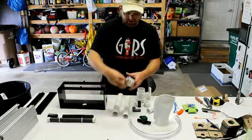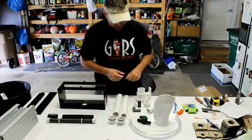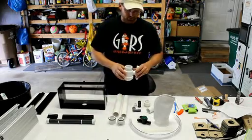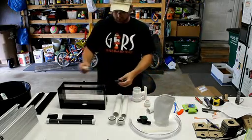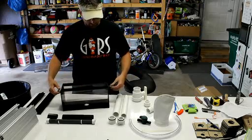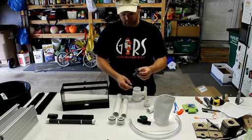You also get some threaded adapters with O-rings, and these are for the drains. Some PVC pipe sections to route the water to your sump. This is the main drain valve, and I'll go over how this works later. You get various PVC parts for the threaded slot pipe feature, which I will go over as well. There's an end cap, a coupler, and then an elbow to transition over to